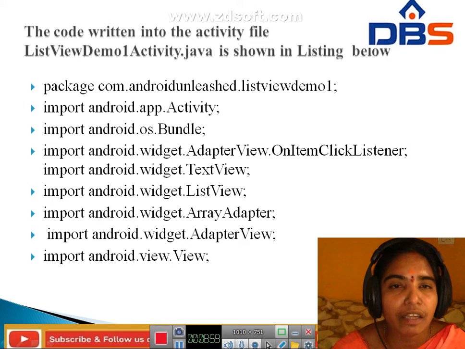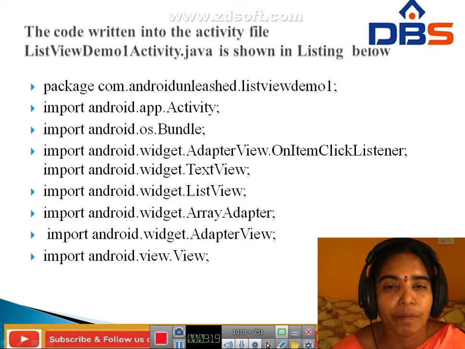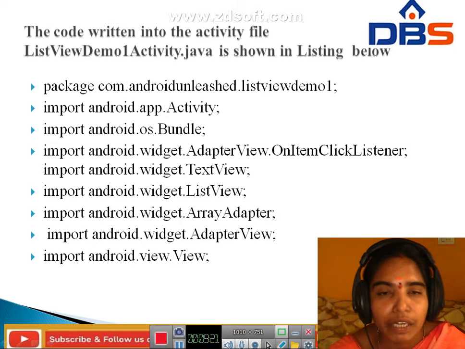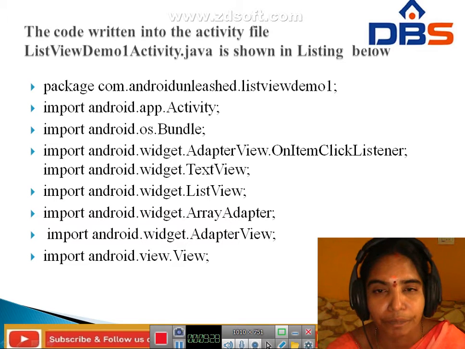Next, this is the code written in the Java file. Already we know about this code. Here in the package you have to import android.app.Activity, android.os.Bundle, and android.widget.AdapterView. We have to change this line for the AdapterView.OnItemClickListener method.